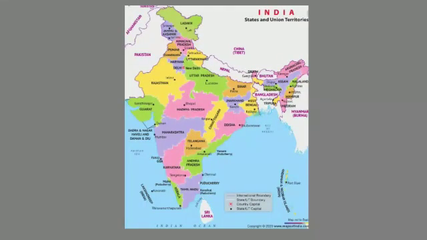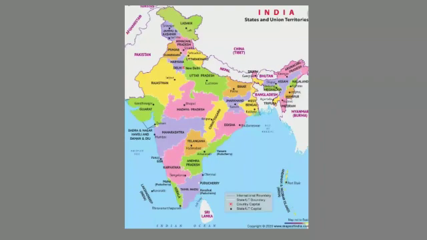Now, before going to the next topic, features of a map, see here an India political map is given, and the map shows all the 29 states and 7 union territories of India. Now, look at the political map of India and answer the following questions. Name the state which lies at the center of the country. That is, you can see Madhya Pradesh. That means the state that lies at the center of the country is Madhya Pradesh.